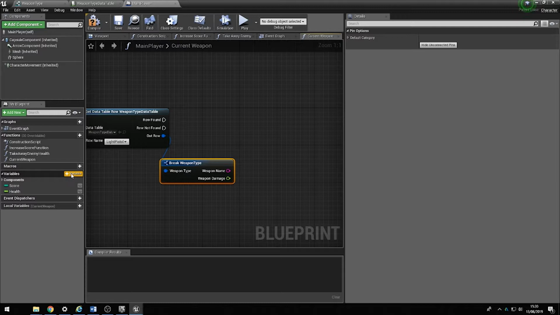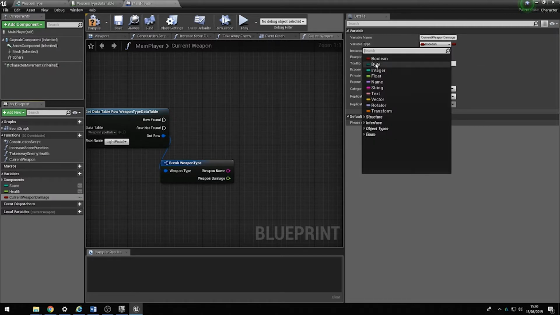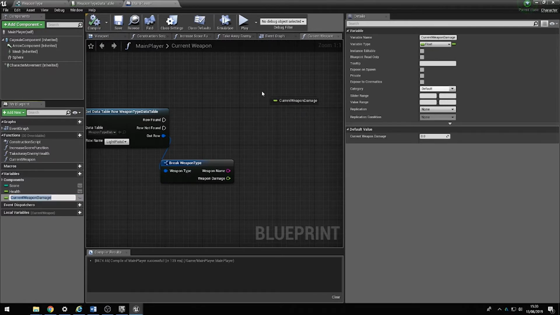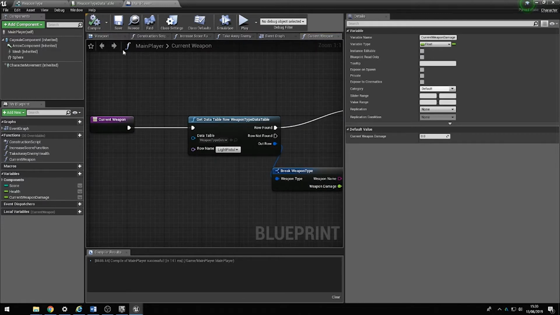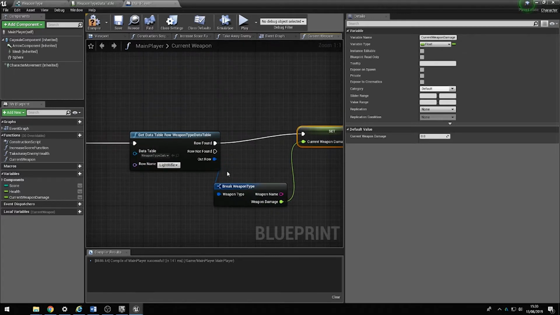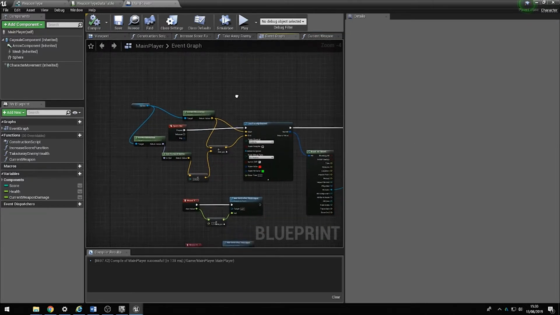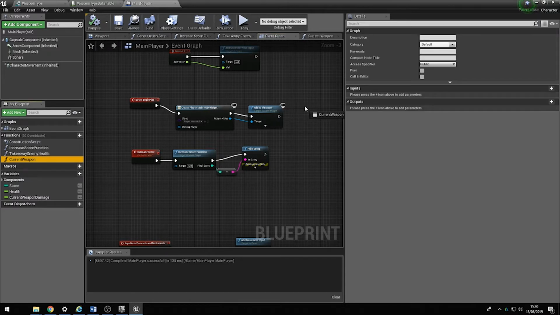With this, we'll then create a variable to set our weapon damage for this particular weapon too. So we go to variable, we'll call this current weapon damage, like so. Set this to a floating point, compile it, drag it in, set it, and then drag it into the row found just like this. Now if we compile this, we should then have a current weapon damage set to this pistol. If I change it here, it'll then go to the rifle, but for now we'll just use the pistol. Now we just have to set this so this function runs. We're going to do this by going to the event begin play, grab the function like so, and attach it here,